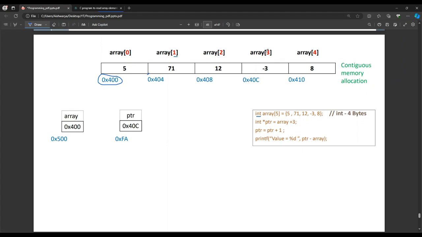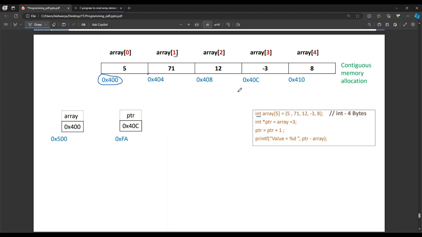The scale factor here would be 4 bytes, because we are assuming integer as 4 bytes and the array is of integer type. So that will be 12. 12 in hexadecimal comes to C. And then next will be 16. 16 comes to 410. You could have taken any address here and also any number system.